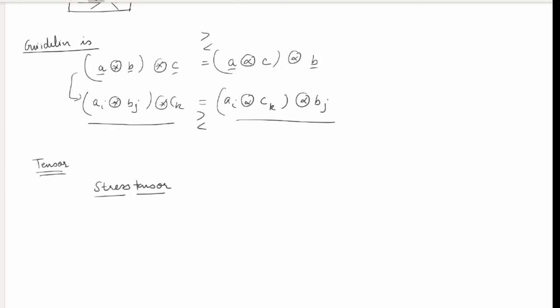Suppose this is a box, and we define axes, let's say this is the x, y and z axis. If we choose this particular surface, on this surface we can have a force in the x direction, we can have a force in the y direction, we can also have a force in the z direction.